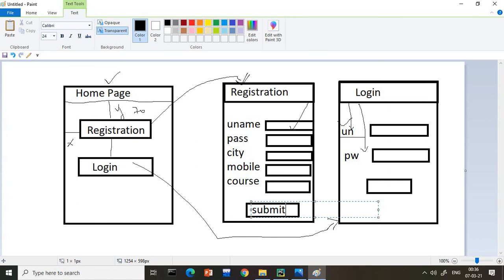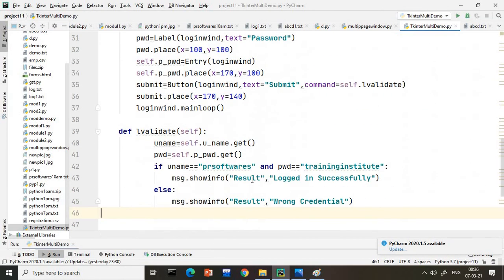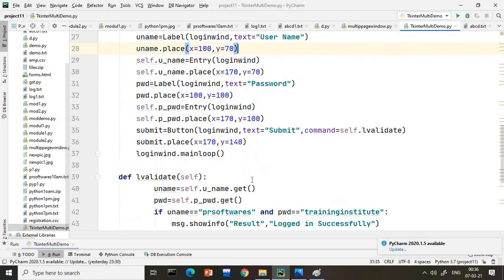Those who are already aware of Excel can submit this data into Excel. Those who have database knowledge can insert it into the database. I will try to create more videos as and when we require this. If possible, I will take this data into Excel, and in the next video I will show you about that also.